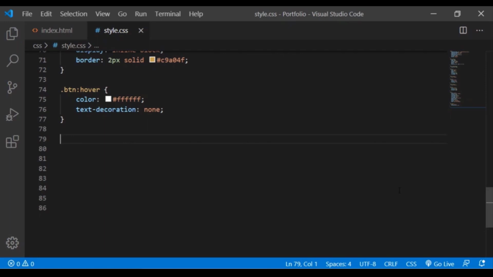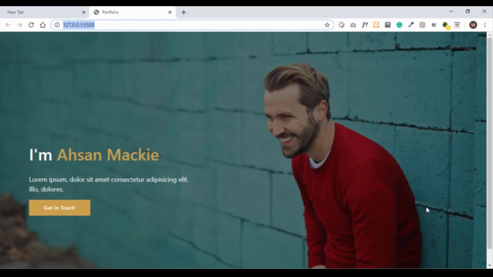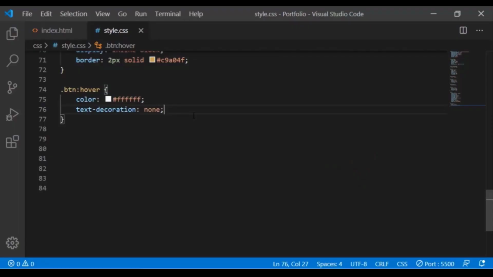We will take a look at how this looks in the browser. We have finished styling our home section for sizes greater than 992 pixels. Next, we will include the necessary jQuery for the type effect.